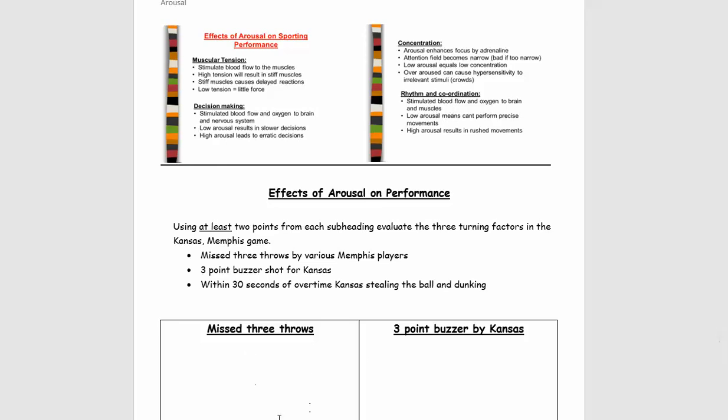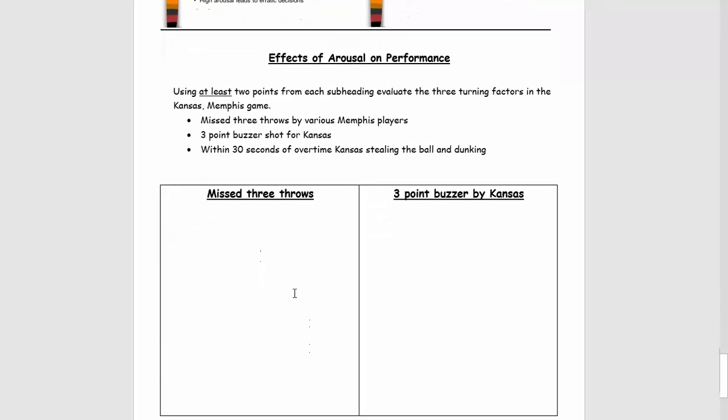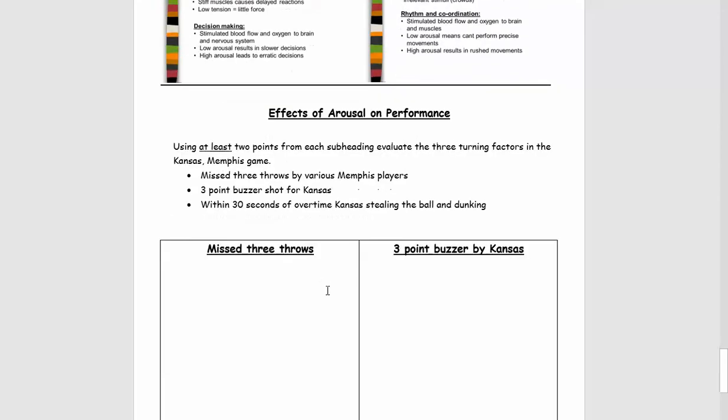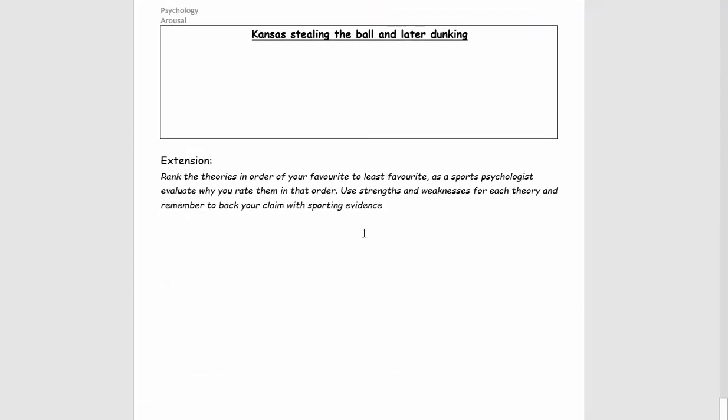So in each of these boxes, I want you to try and talk about at least kind of 6 bullet points from here. So you're linking these vital areas of the game to these kind of effects of arousal on performance. So that's enabling you to analyse it. Once you do that, move on to the extension task at the bottom, which is